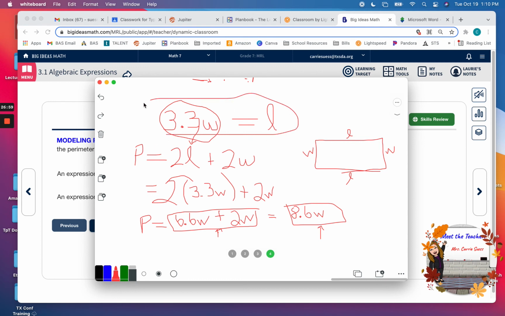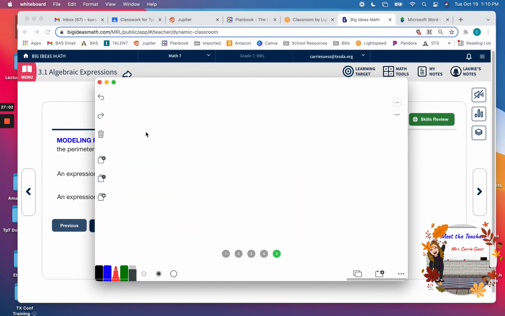Okay, remember this: L equals 3.3 W, because we're going to put that on the next one. So we know length equals 3.3 W. Again, you have your rectangle. How do you find the area of a rectangle? Length times width. So area is length times width, right? What can we substitute for L here? 3.3 W can go right where that L is. So we rewrite this saying A equals 3.3 W